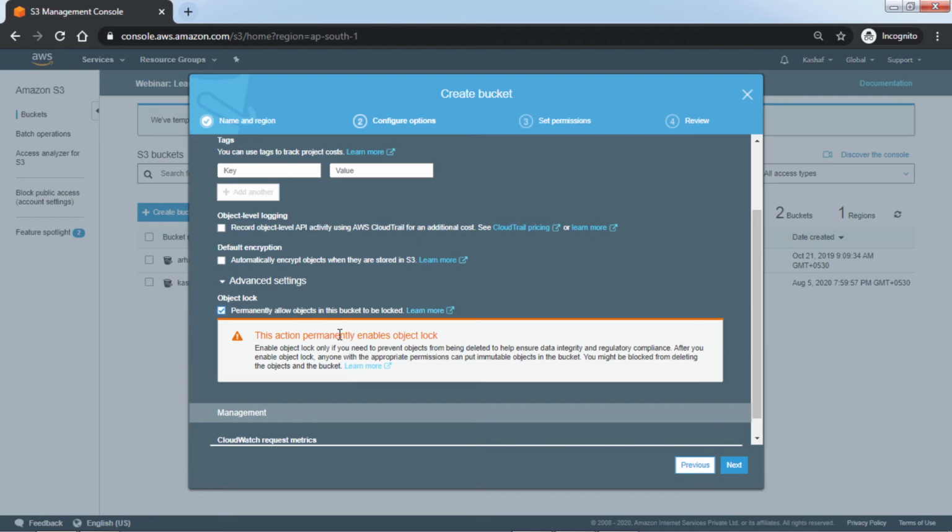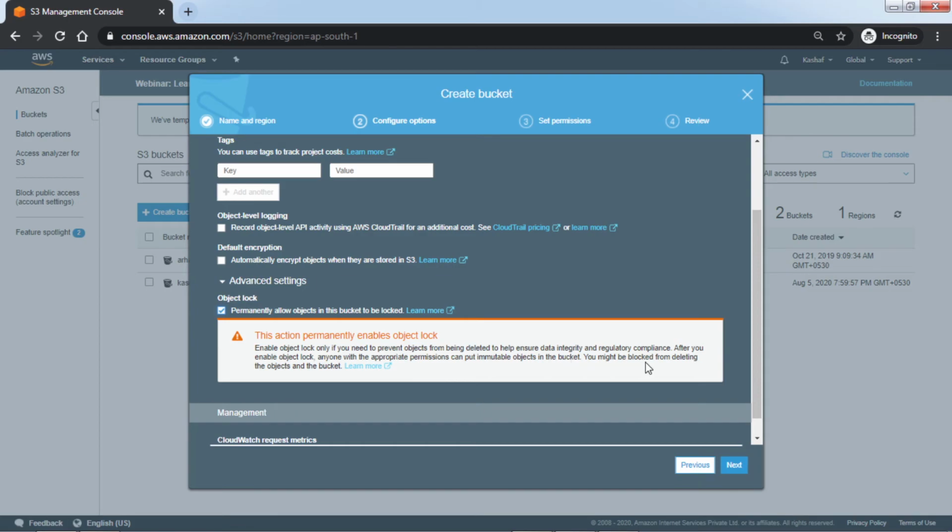This action permanently enables object lock. Enable object lock only if you need to prevent objects from being deleted, to help ensure data integrity and regulatory compliance. After you enable object lock, anyone with the appropriate permission can put immutable objects in the bucket.